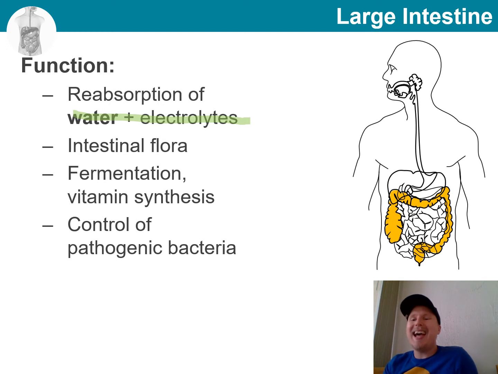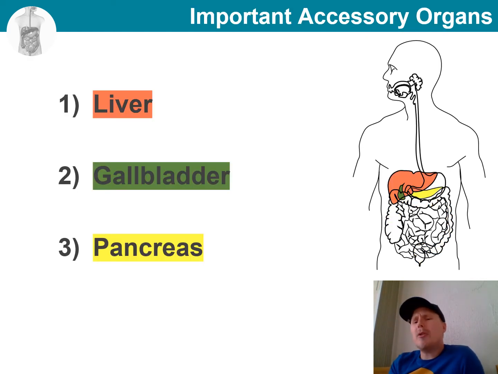And of course, we need to keep the bacterial flora in check so that we get rid of the harmful pathogenic bacteria. This is largely possible by promoting the colonization of positive flora so that there is no more space for the pathogenic ones. And of course, the immune system plays a role in this as well. So at large, to summarize, very little food breakdown occurs in the large intestine, and its role is more the reabsorption of water.